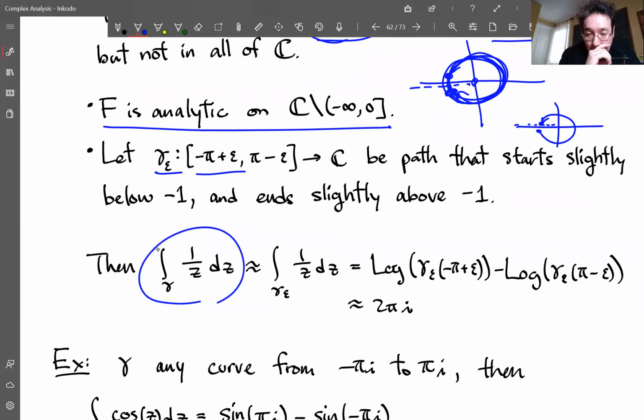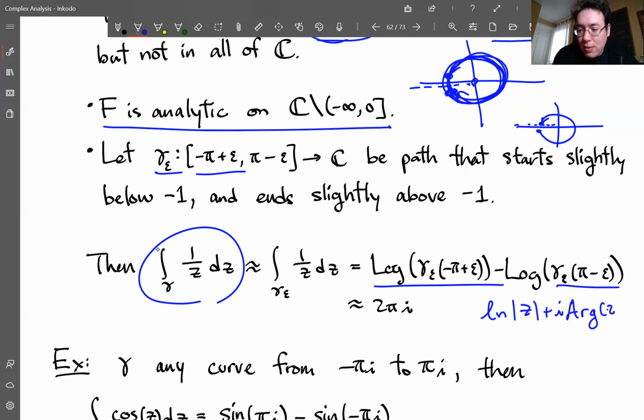So the path integral becomes, okay, as long as we don't touch the real axis, we could use the fundamental theorem of analytic functions. So the log of gamma epsilon from negative pi plus epsilon minus the big log of this thing, along the path, so the log function is defined like that. So if we evaluate from the two endpoints,